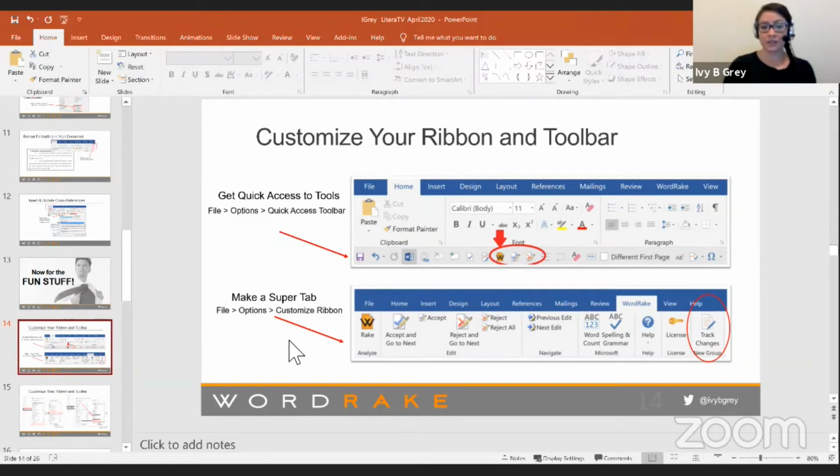So I actually added track changes to my tab, and this is how you can do